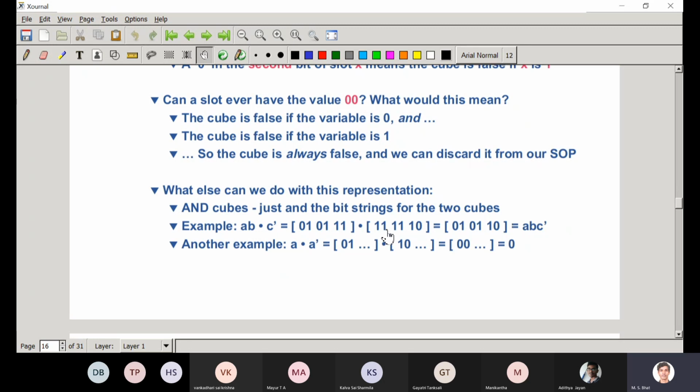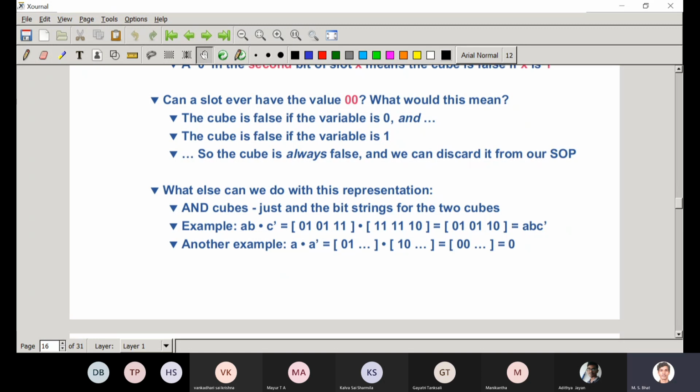Another example, suppose I have a cube A and another A bar. Now suppose I find the AND operation between these two. If I do an AND operation between A and A bar, there is no cube at all because they cancel. A and A bar will never give you 1. So how is A represented? 0, 1, then other variables.